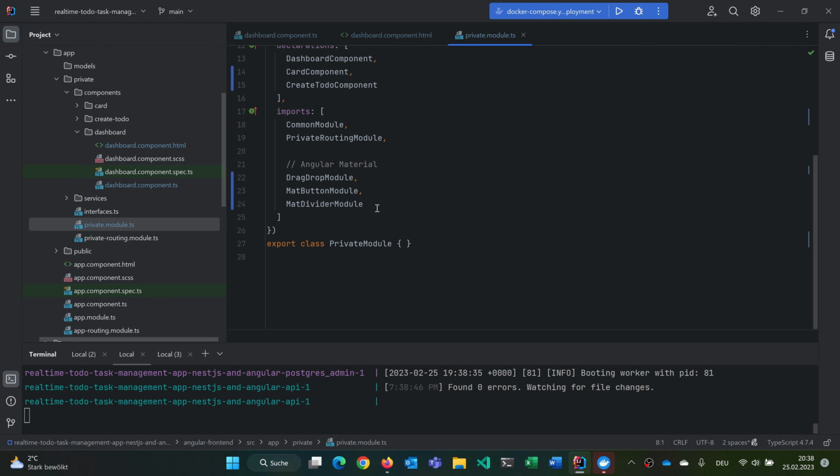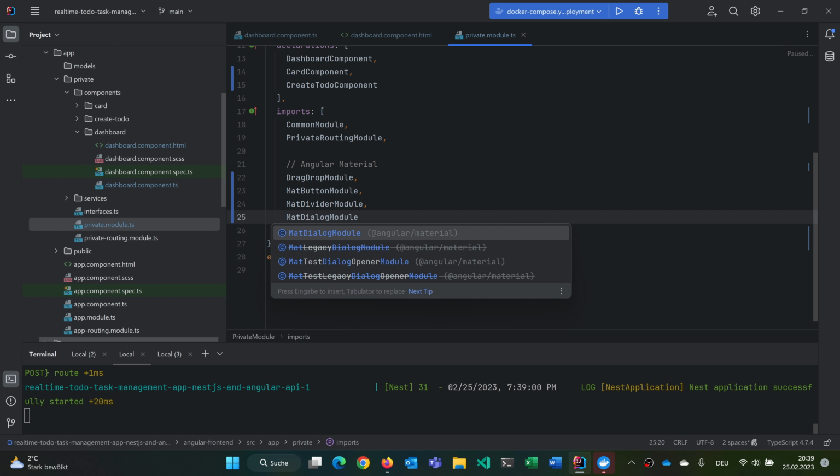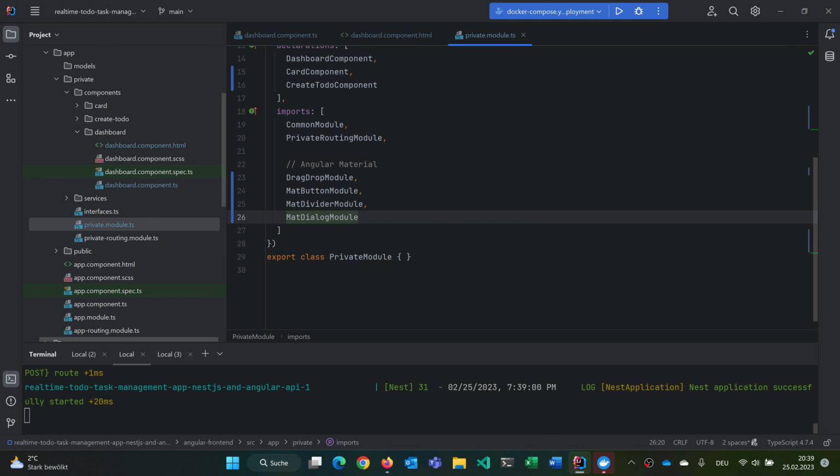So you see here this issue went away. So we have our drag and drop module. We have our MatButtonModule. We obviously need also the MatDialogModule. And let's see if this will work. So let's have a quick look at our